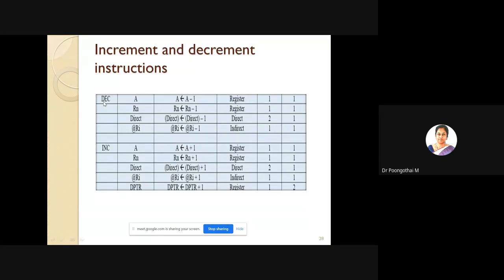All increment and decrement instructions require one machine cycle to execute except DPTR. The decrement version of DPTR is not available in 8051, so we can only increment the DPTR content. Another important point: no flags are affected by increment and decrement instructions. Please note it down.